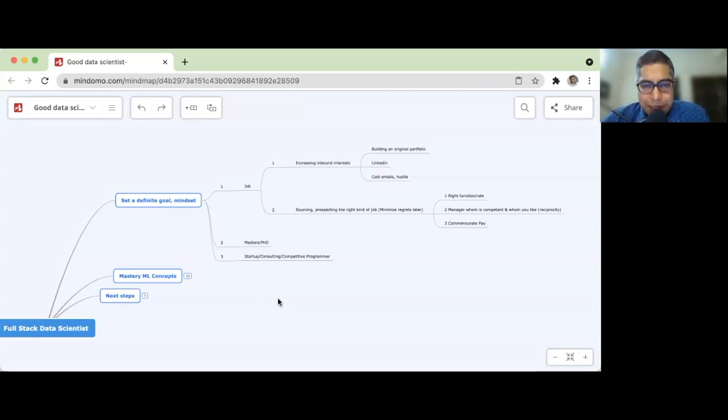Competitive programming is a completely different facet. We have trained people, and I've seen that it's not for everybody. It's like people in the army or who play adrenaline sports: extremely risky, but tremendous. The payoffs are huge. We have a solid team within our company also working on that. Let me know if that's what interests you. Hit the comments below and say that you're interested in Kaggle competitions or competitive programming.